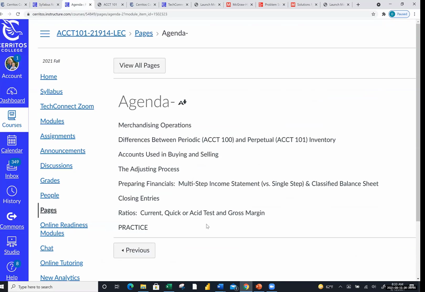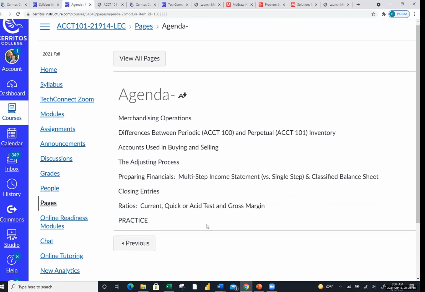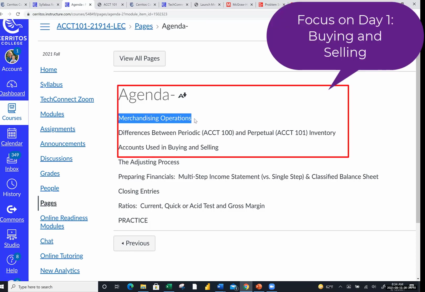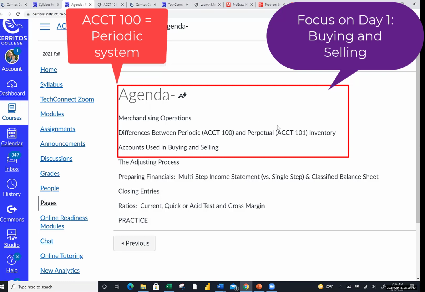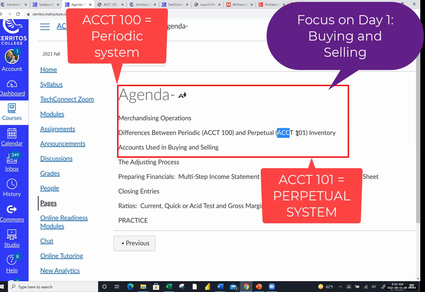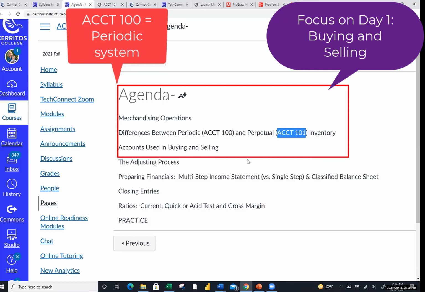Okay, then our agenda is for the chapter in general. I didn't split it up between day 1 and day 2 because it just depends on how far we get today. So today we're going to be talking about merchandise operations. You guys are pretty well versed in what a merchandiser is because you spent the second half of Accounting 100 on merchandising. We're going to talk about some of the significant differences between the periodic system, which was Accounting 100, and the perpetual system, which is more commonly used today with the advent of fairly cheap computer systems and SKU